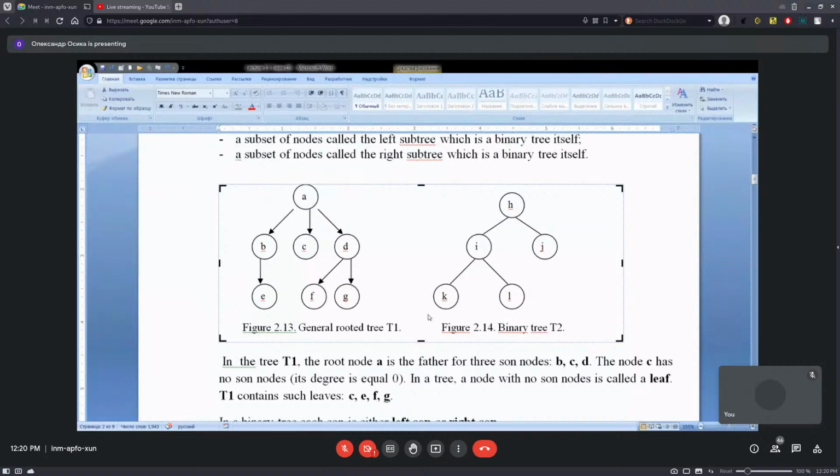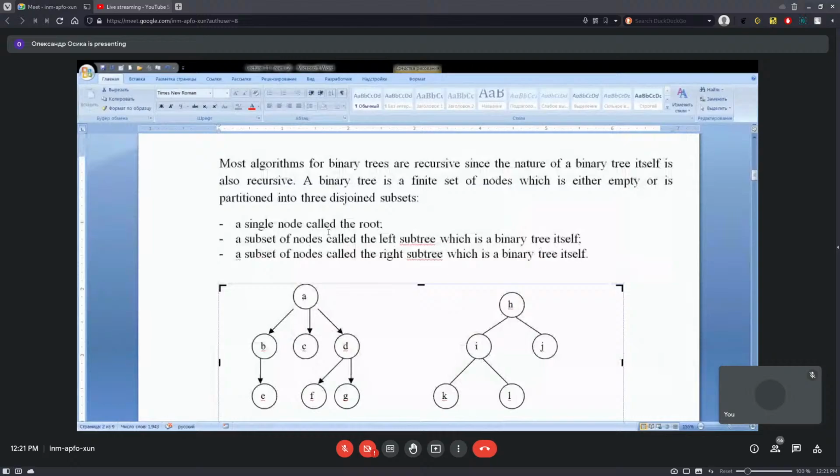That's why when a subset of vertices becomes empty, the recursive decomposition ends. We reach the base case,